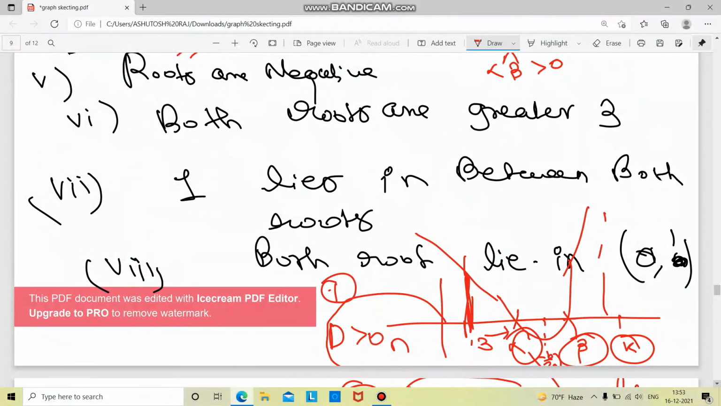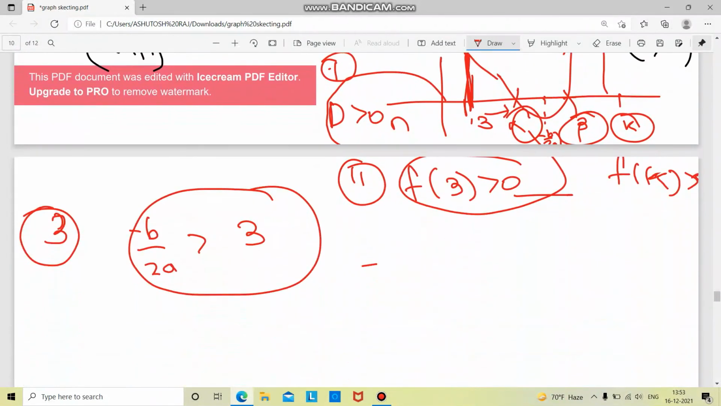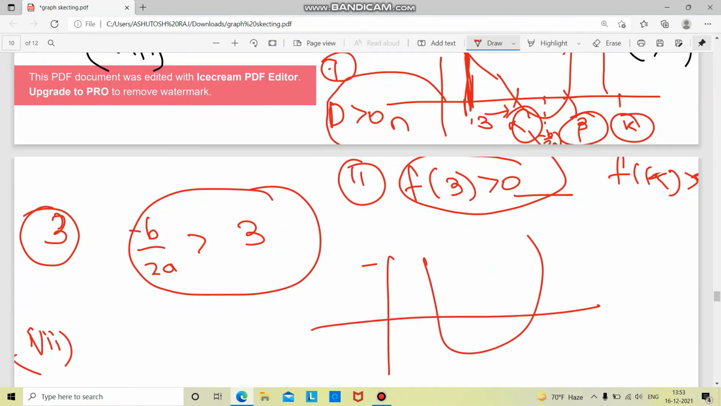One lies between both the roots. This is the seventh question which we are solving. You can draw the graph something like this. Here is 1, here is alpha and here is beta. You can see that f of 1 is less than 0. We can write D greater